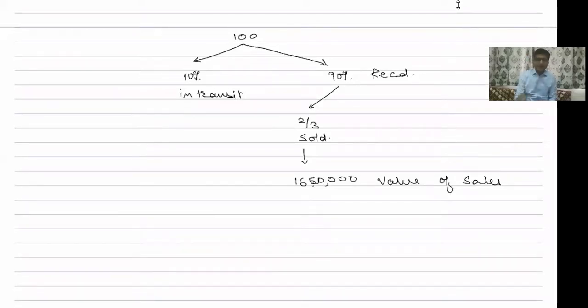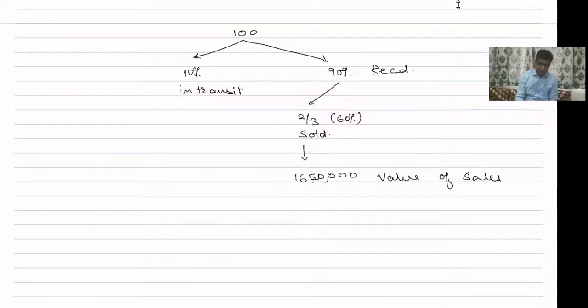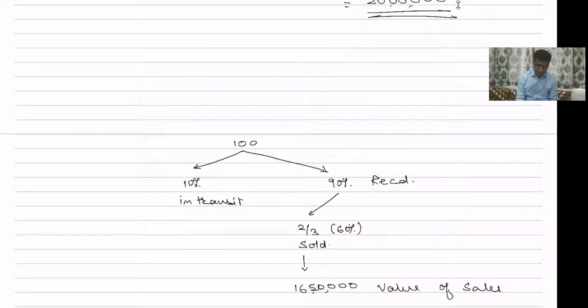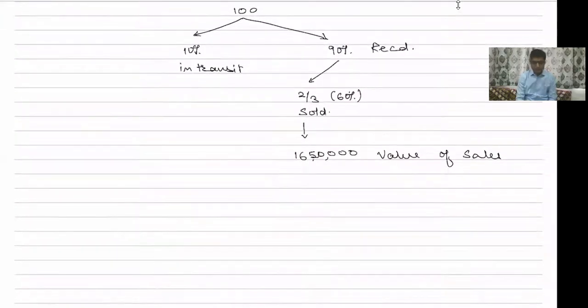Now I'm not going into that 60% calculation. I can do with that also. There is no problem. But instead of that, I'm just trying to tell you what I did yesterday. Right? ये तरीके से भी कर सकते हैं. This is nothing but 60% of total. Yes or no? What was asked to us? What is the cost of goods sent? Correct. So what I do is IP of goods sold